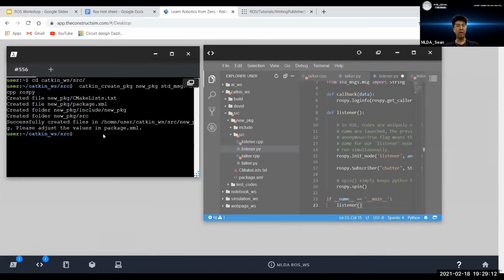So there's one more thing I want to highlight. As you know, C++ is actually a compiled language, but Python is an interpreted language. So we need to let our system itself know what is what. I would like to talk about the Python one first. If we just go inside where we have the packages,